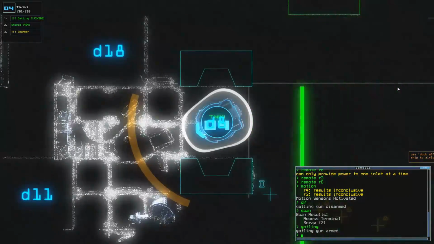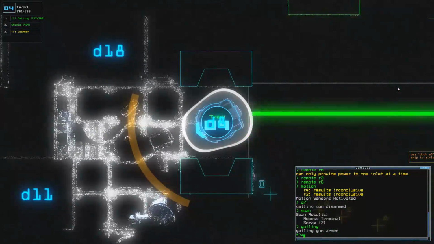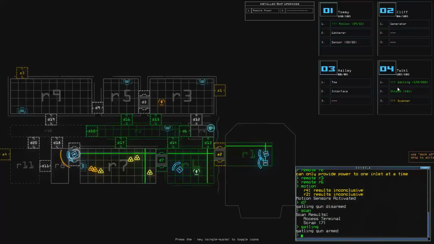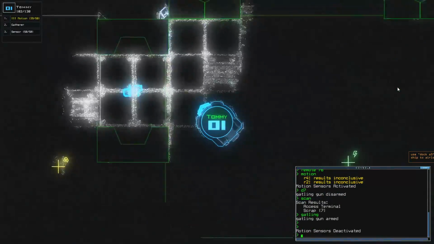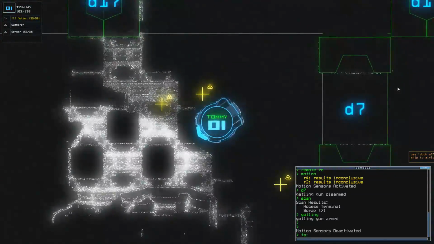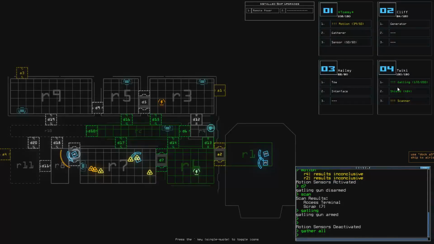I'm going to secure it. And at the same time, let's get Tommy. And I just want him to gather everything. We need to find the fuel cell, though. If we can't find the fuel cells, it's going to be an issue. The fuel room is more than likely...